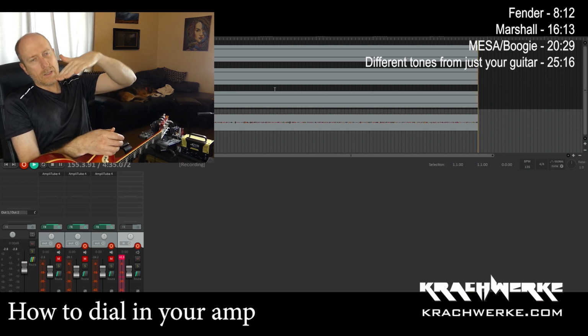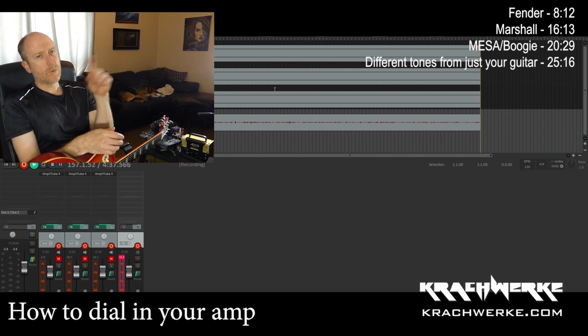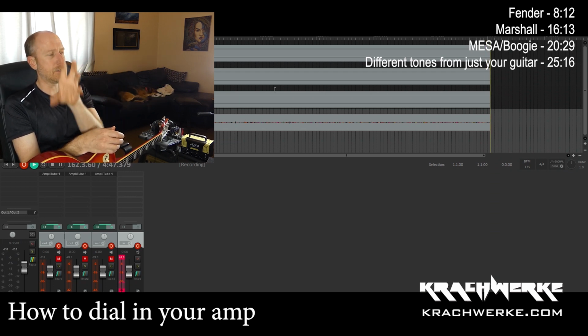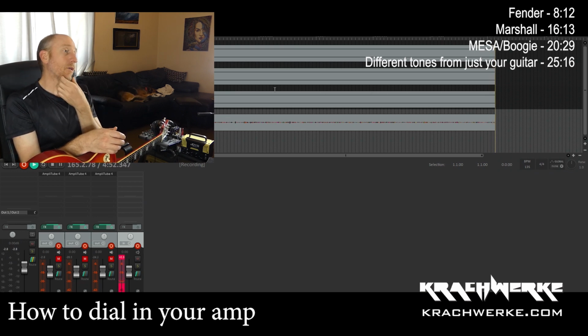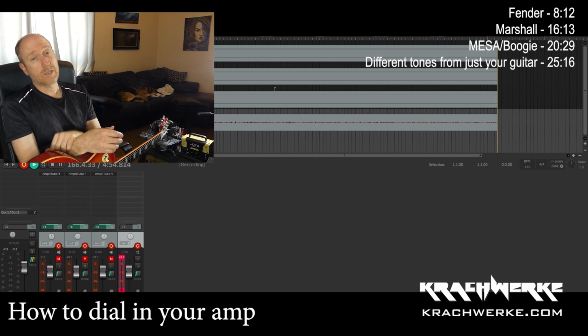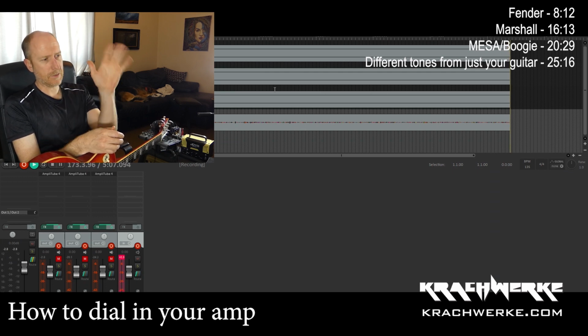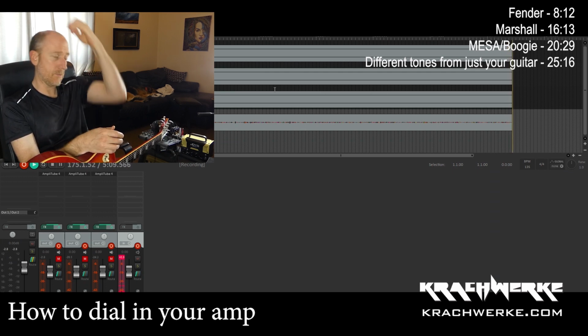Also, the way that the different EQs interact with one another influences the others, and they influence each other differently. And then there's also the difference between whether your EQ is in your preamp or is past your preamp and actually before your power amp, etc. And then you've got the added complication of the presence, which isn't actually a tone at all. It brings overall mids back into the signal, returning roughly from the power amp and the speaker. A bit complicated. The CS Guitars video has a much better explanation. Anyway,